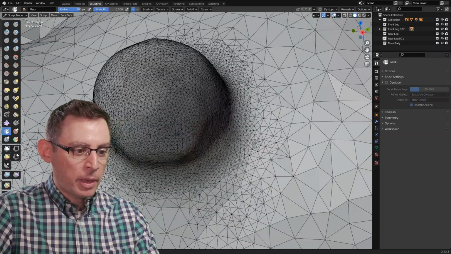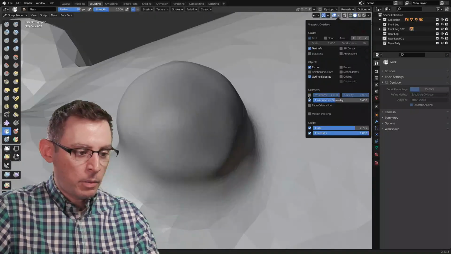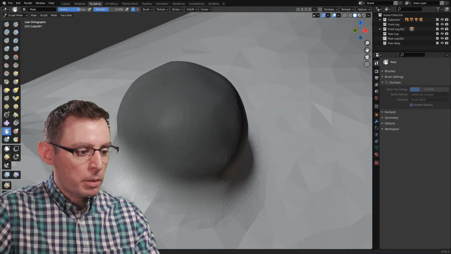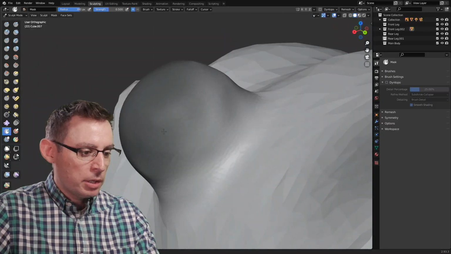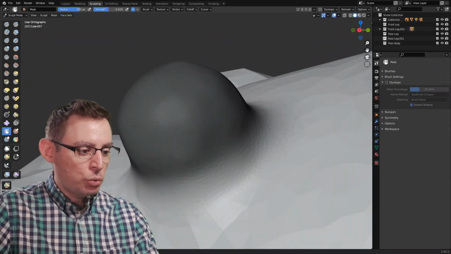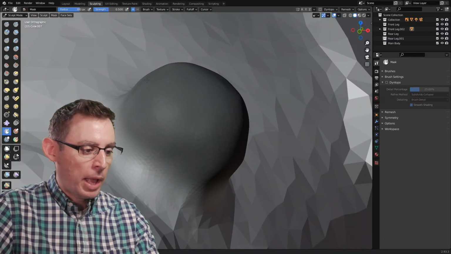Here we go. Now I turned off my overlays, which is why we're not seeing it. Let's turn off our wireframe. I want to see my masks, not the wireframes. Okay, there we go. Where we are painting, it's getting darker. The areas that are black are masked out, so any tool that we use is not going to influence the areas that are black.